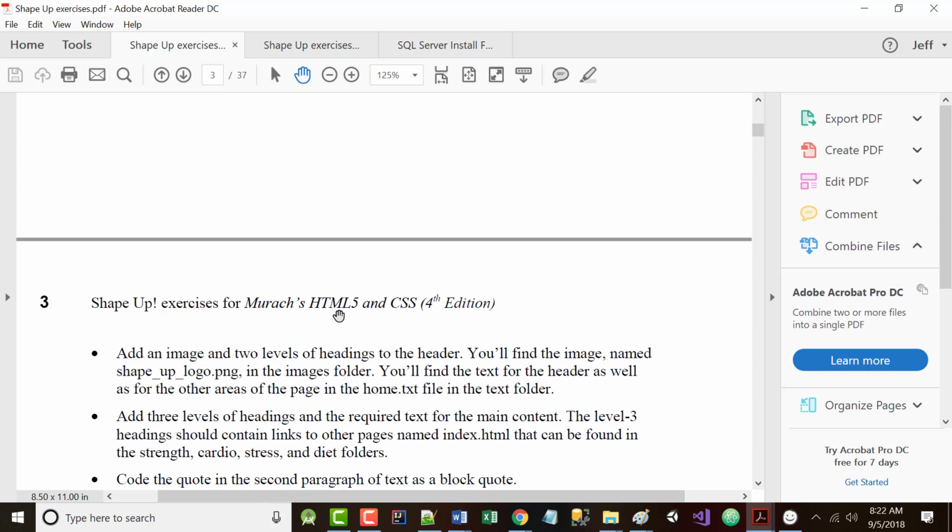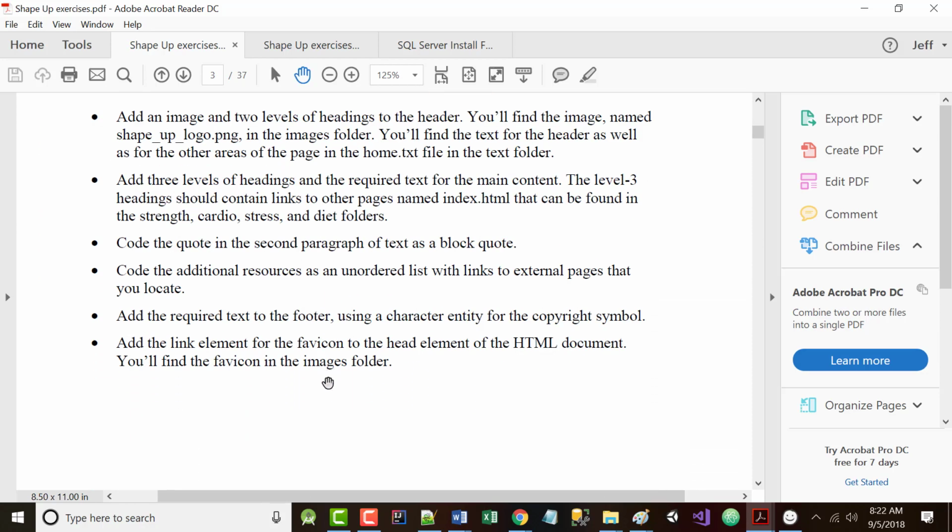All right? So the next thing to do according to this is to add the image and the 2 levels of headers. It says you will find the image named shapeuplogo.png in the images folder. All right, you'll find the text for the header as well as other areas of the page in the home.txt. Let's start with this